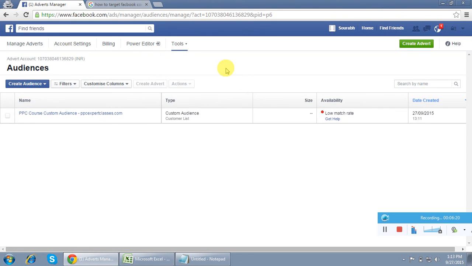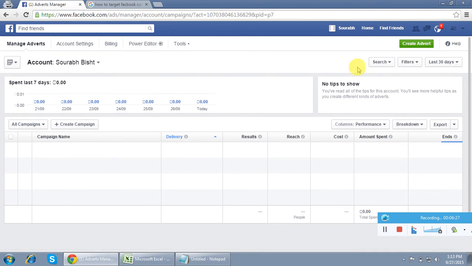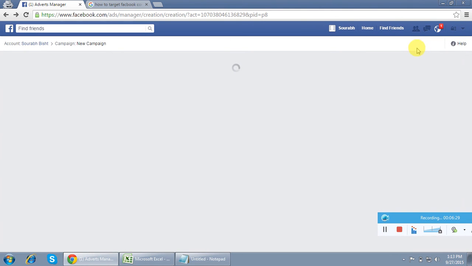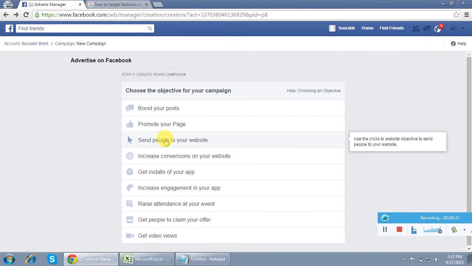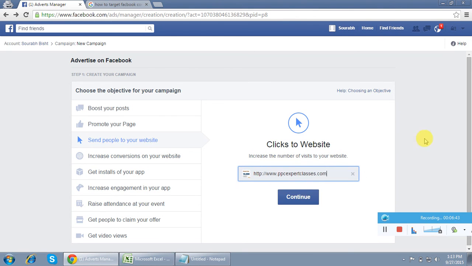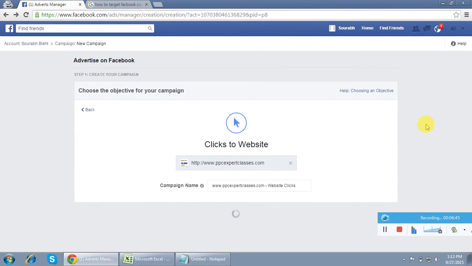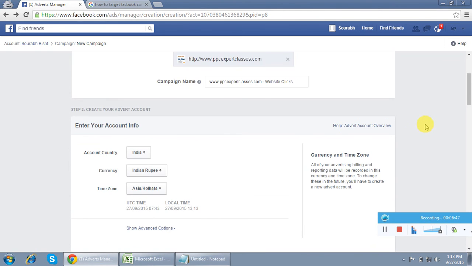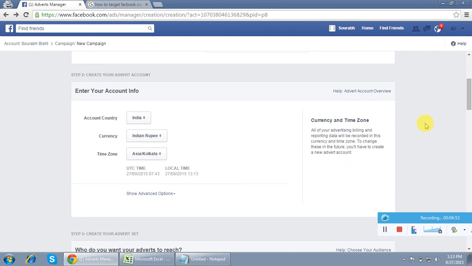Now I have to connect this list with my targeting. So what I'll do, I'll go to this option, manage AdWords. Here I'll go to create ads at top. Then I'll choose any of the options. It's not mandatory that we have to use this option only. You can choose any of the options. So I'm going with this option. Done. Continue. Just showing you, I'm not showing you the live project, not implementing on the live project, just giving you an idea how to use this option.